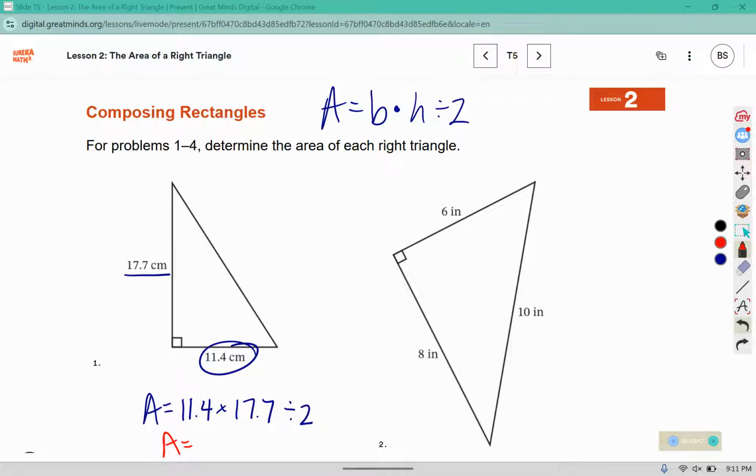So 11.4 times 17.7 is 201.78, and we divide that answer by 2, which is 100.89, and area uses units